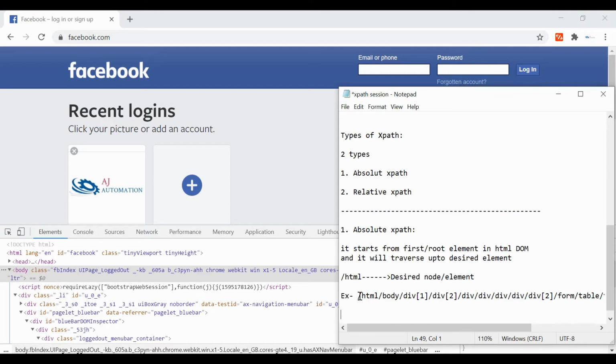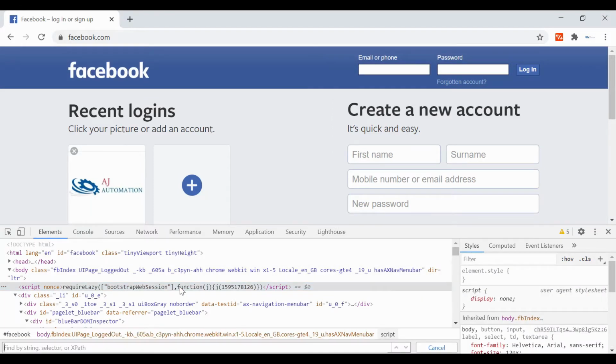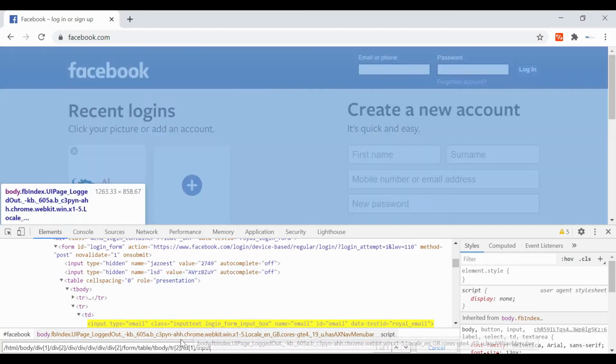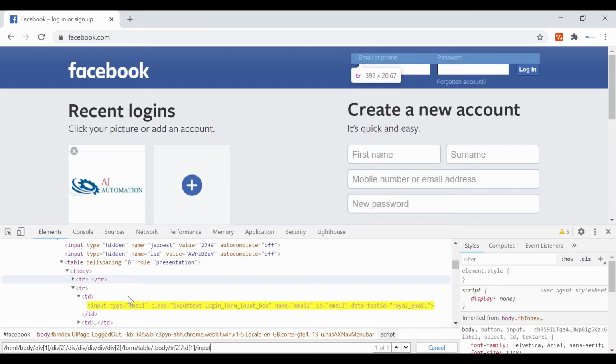Let us check if it is correct or not. It will be correct, but as per the last lecture I suggested, always use Ctrl F and paste your XPath here and make sure that it is showing 1 of 1. So this absolute XPath is correct. But absolute XPath is never recommended in your Selenium script, because as you can see its length is too long, and it starts from the first node until the desired node.